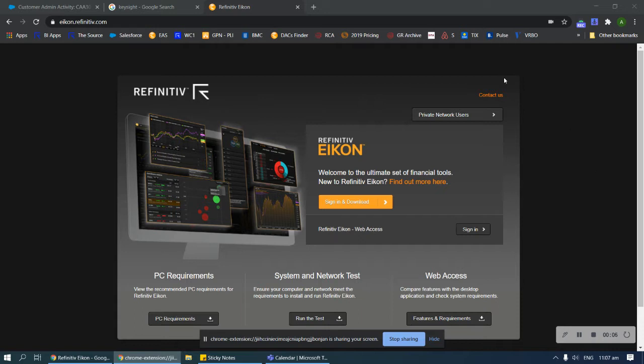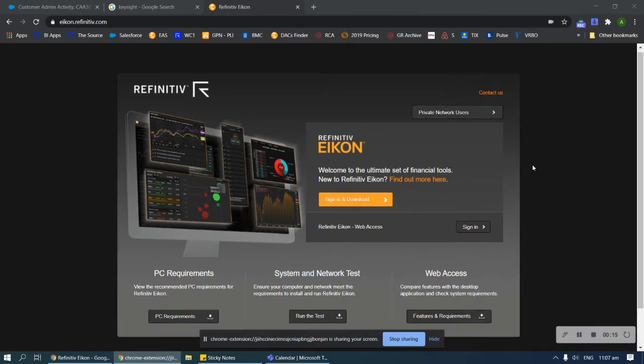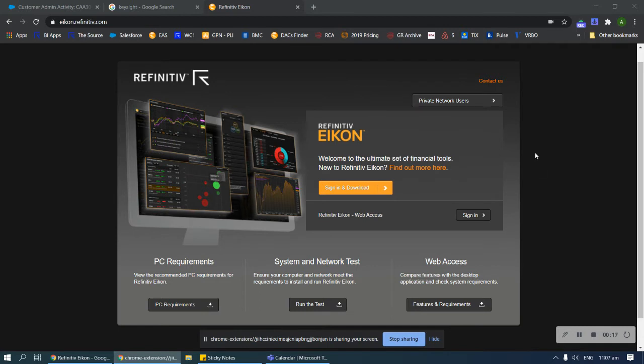So I want to show you in this video how you can download Icon into your PC, your laptop, and your tablets. First of all, once you have your Icon user ID and password from the welcome email, you simply open the Google Chrome web browser, and then you type on the search bar icon.refinitiv.com, like so, and then you will